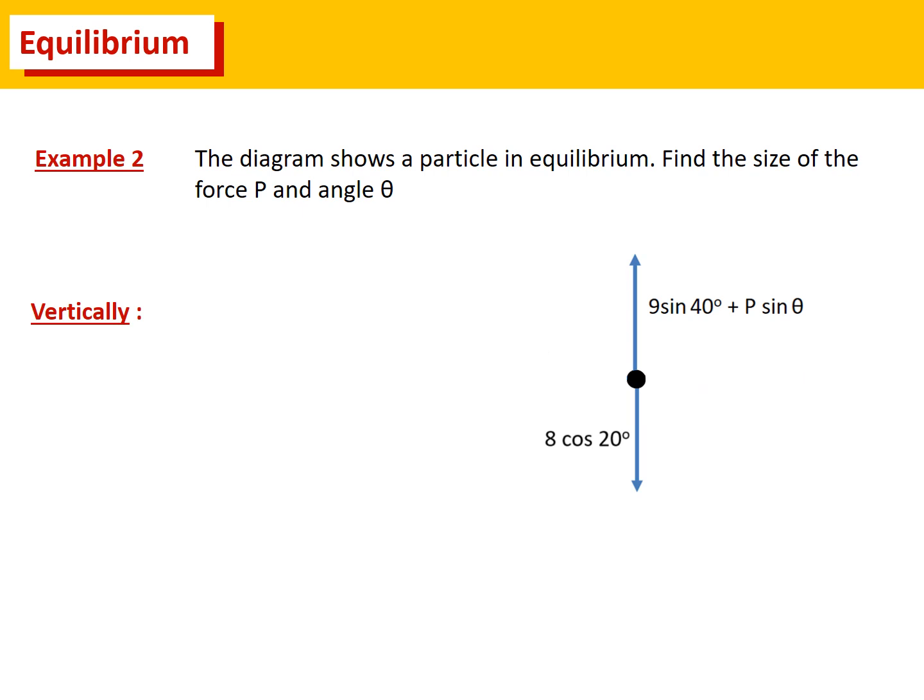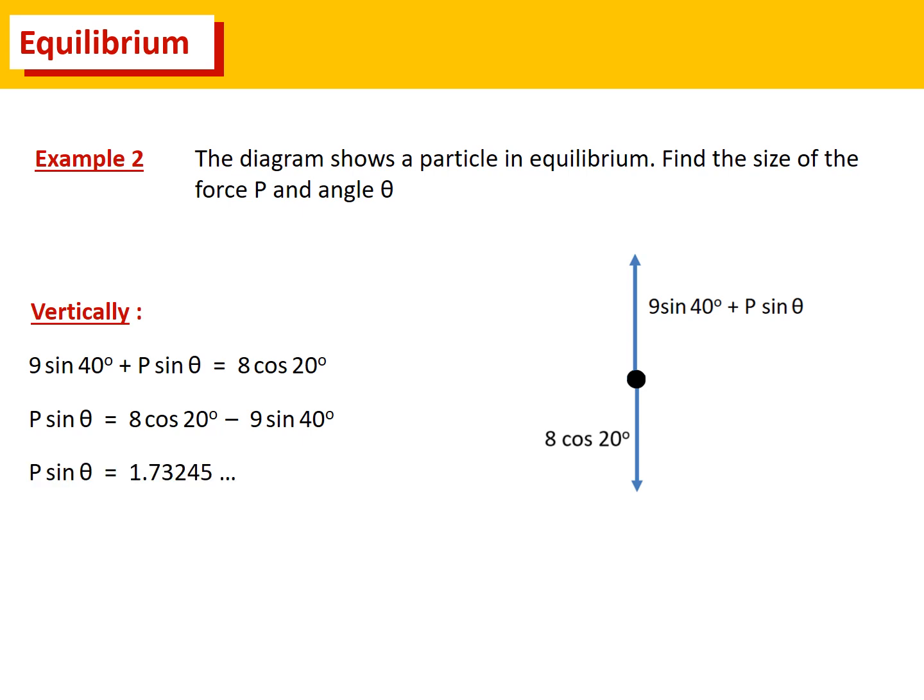Vertically, we have 9 sin 40 plus P sin theta equaling 8 cos 20. And therefore that gives us P sin theta equals 1.73245, etc. So now we have two